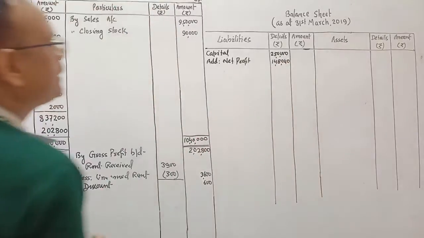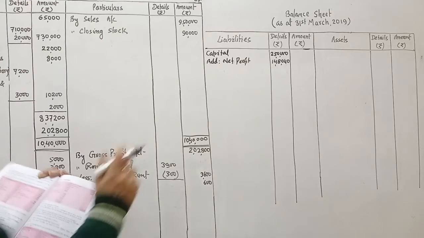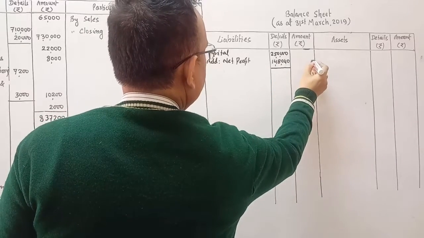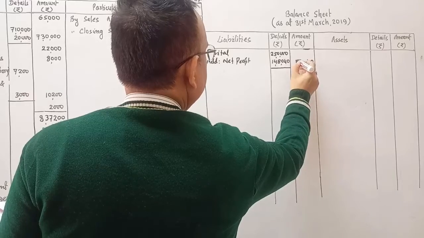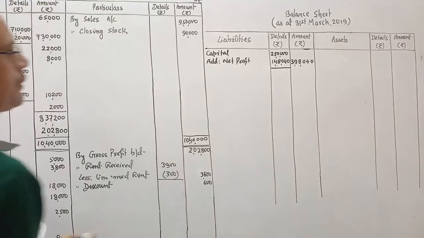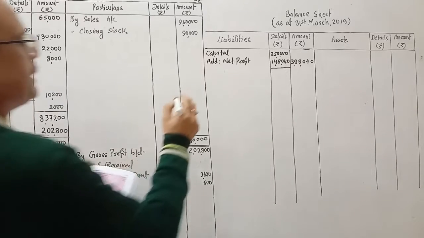1,48,040 rupees is the net profit. There is no drawings, so we will write the amount directly in the outer column. It is 3,98,040 rupees. Thereafter you see loan from